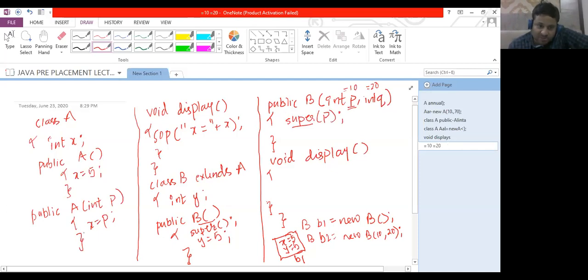Control comes here. X is initialized with P. So for B2, X will be initialized with the value of P, which is 10. And now I'll write Y equals Q. So the 10 is taken to invoke the superclass constructor and 20 is assigned to Y.